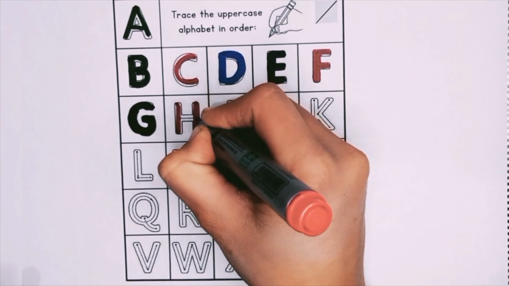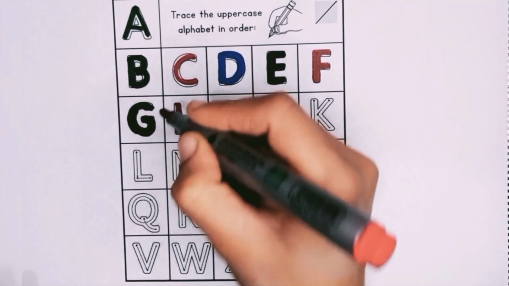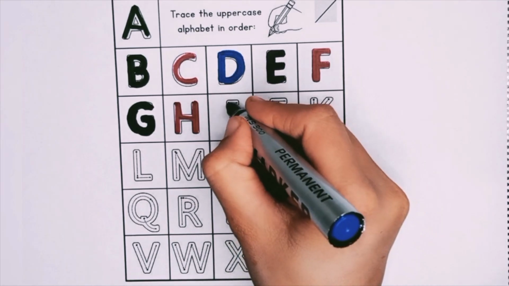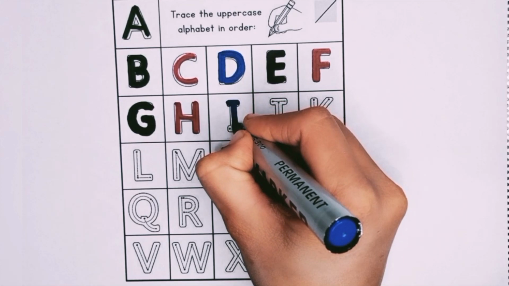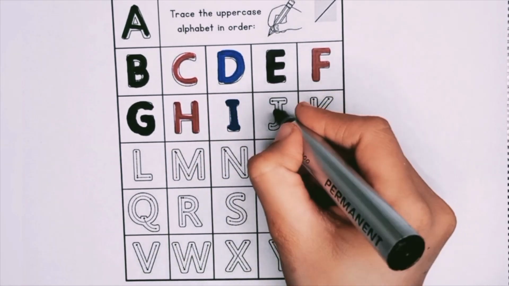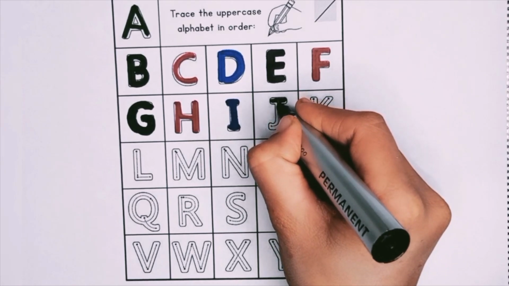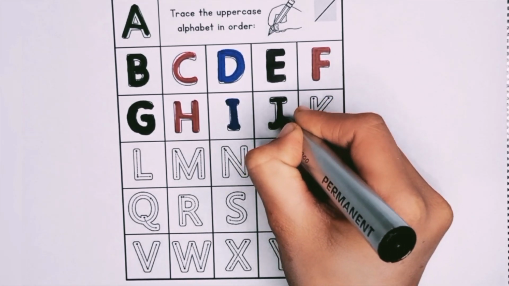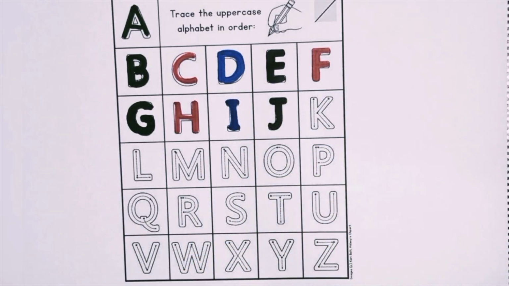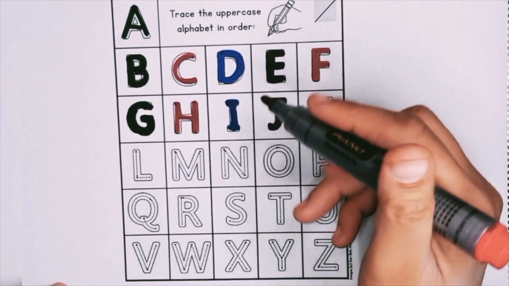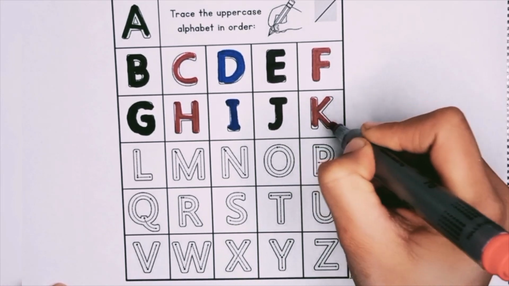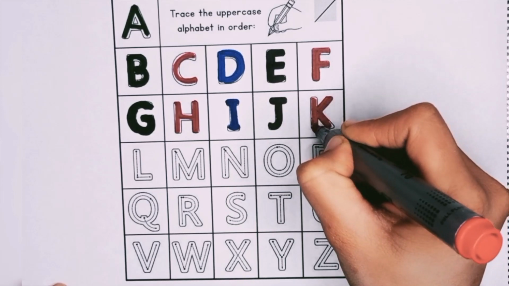H for horse, I for inkpot, J for jeep, J for jeep, K for kite, K for kite,